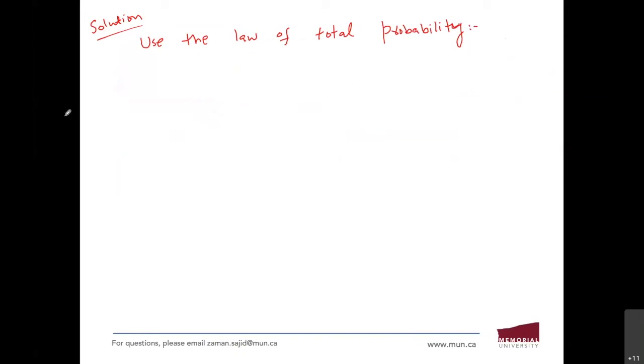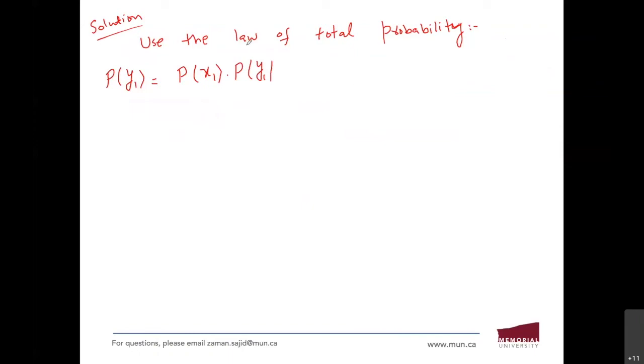Now, if I want to apply the law of total probability to find out the state 1 of y, this should be equal to your P of x1, because I know there are two states associated with x, times your P of y1, given that